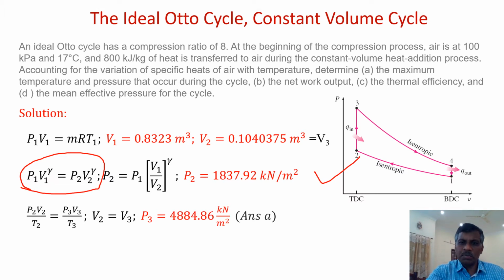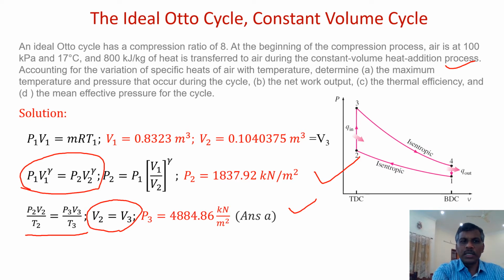2 to 3 is a process. Of course, it's a constant volume process. For all processes, PV by T is equal to constant. So PV by T is a constant. We are applying it for process 2 to 3. Here you know that V2 is equal to V3, so you can cancel it. Then the only unknown in this equation becomes P3, and you can calculate the value of P3 because they have asked